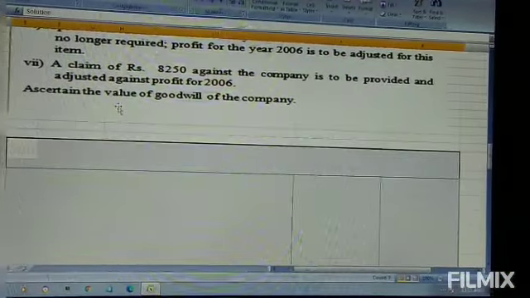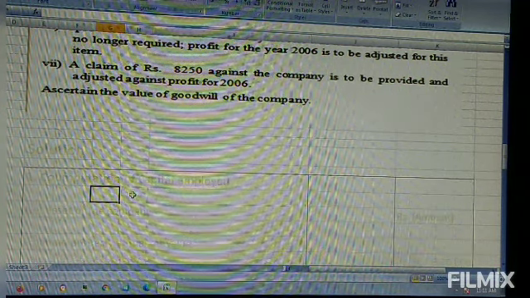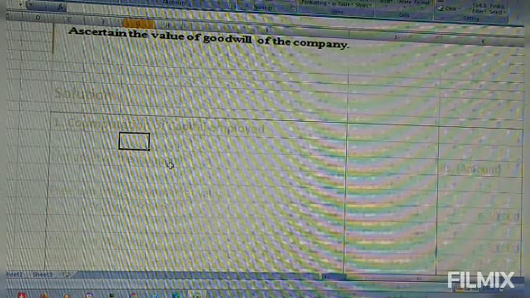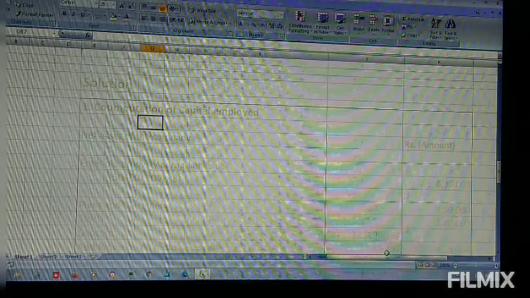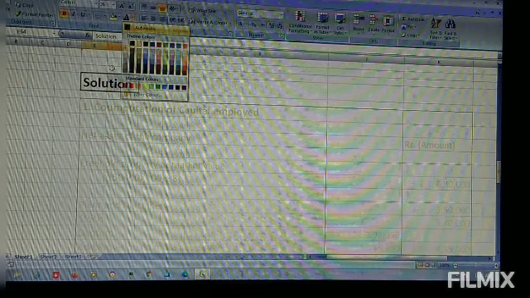You draw columns. You draw 3 columns. Write the solution in all these 3 columns. The first column is for particulars, the second column is for amount, and the third column is also for amount. You write like that. So we'll write all these 3 columns. We'll see how the solution goes in the first column. Write the solution there.